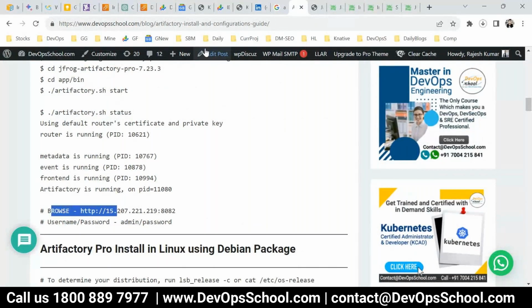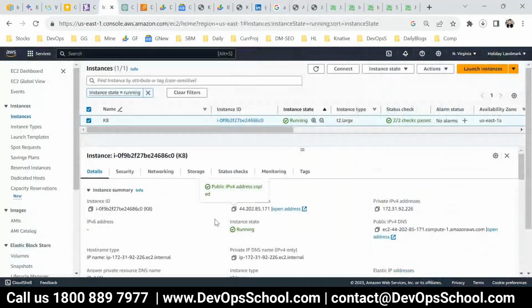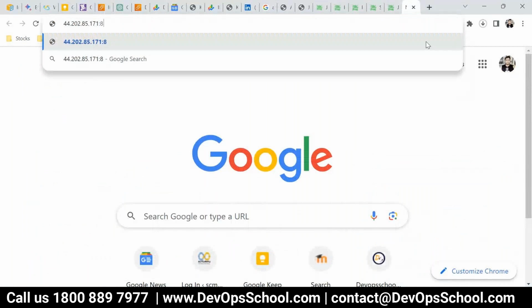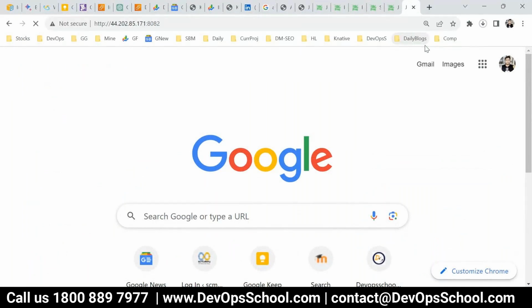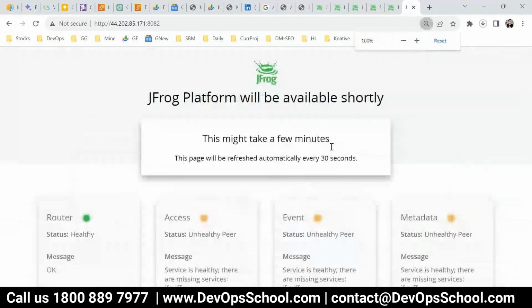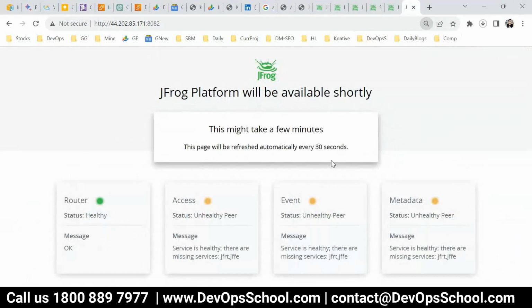So let me get the IP address for it, and 8082 port, and here it is. Now it will take a few seconds of getting up, because the service is running, but applications require some time to come up. So now just wait for 30 seconds,